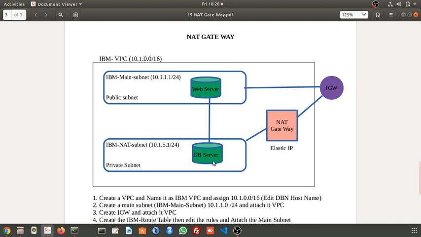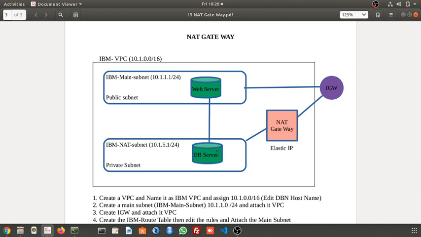Okay, but if you want to change anything in this database, say for example, you want to add some patch or update a script in this database server, it requires the internet. So how? The database is not directly exposed to the internet gateway, so it cannot perform the update.